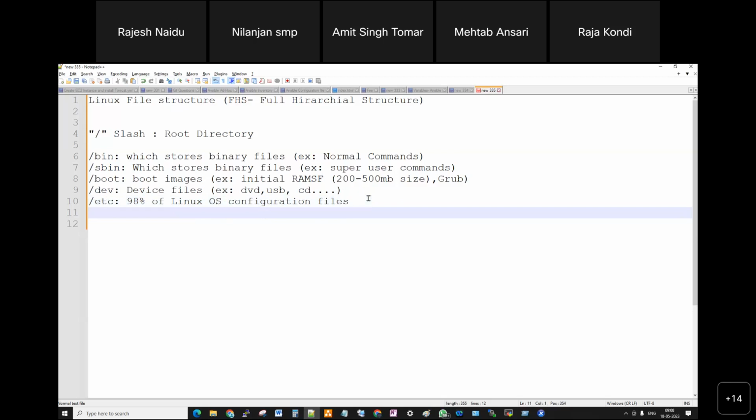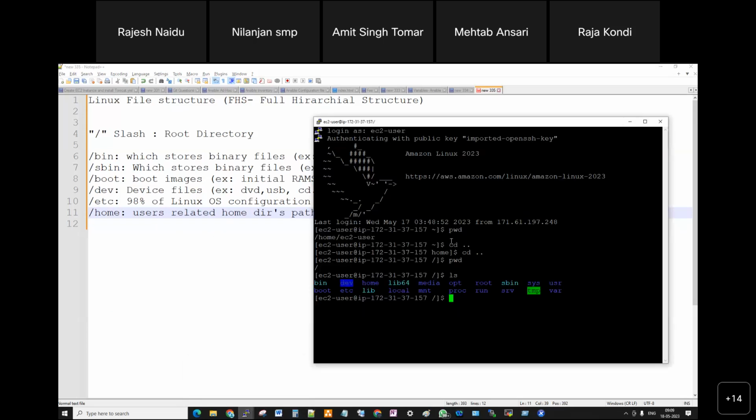Next, /home. This is for user related home directories. Not only one user, but users' related home directories path. Right now in this machine, the home directory is there.